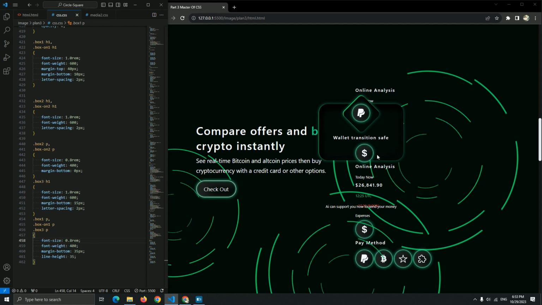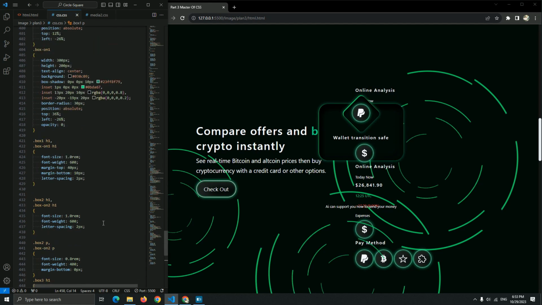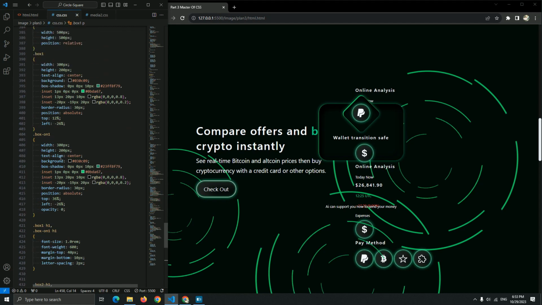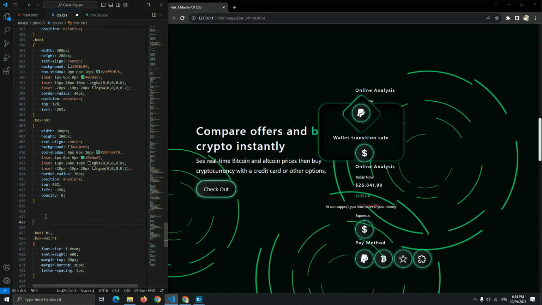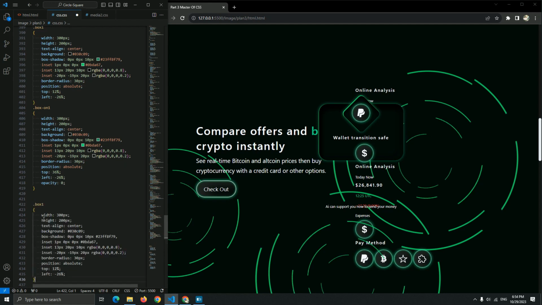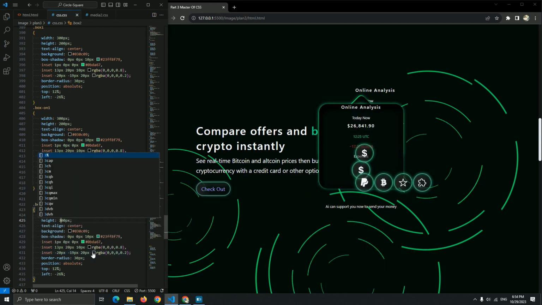Just we need to style after this box. So for this the box 2 and the box 3, let me just copy this. So the box 2, let me just copy and paste it here. Okay, the box 2, set the width 300 pixel and the height be 300 pixel instead of 200 pixel.